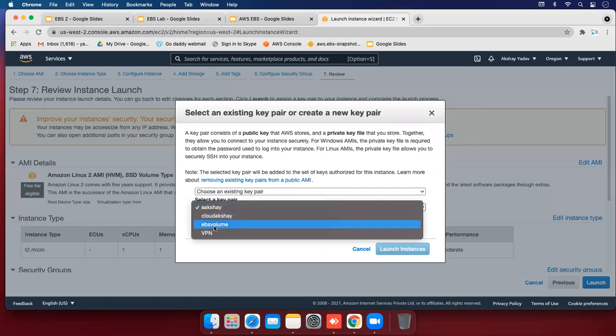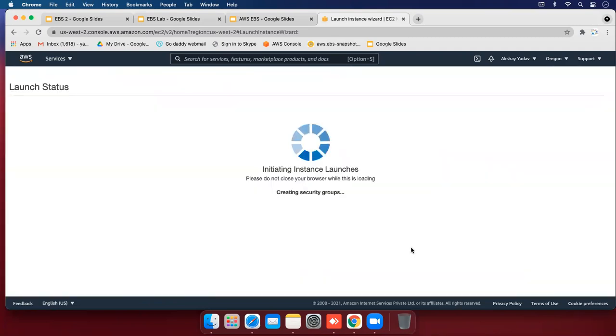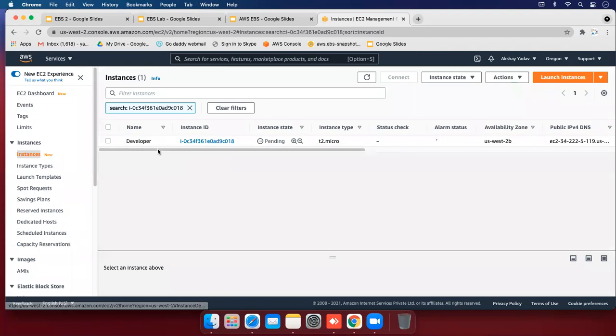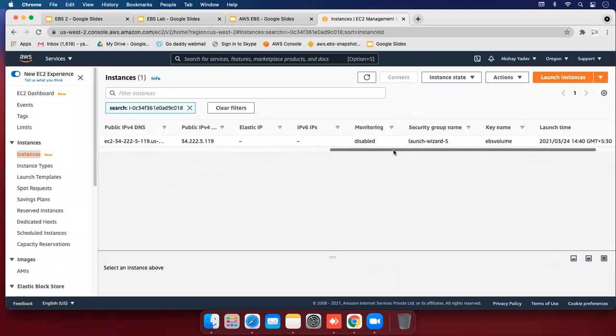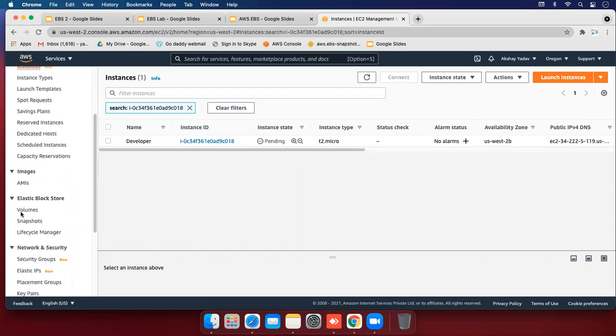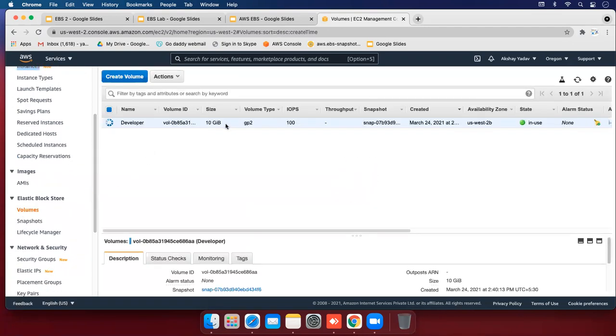So the key pair value is EBS volume, hit enter, launch instance. And I have 10 GB storage with my instance. 10 GB is my root volume, or the boot volume. If I need 20 GB more space with this, I can attach another volume to this instance.